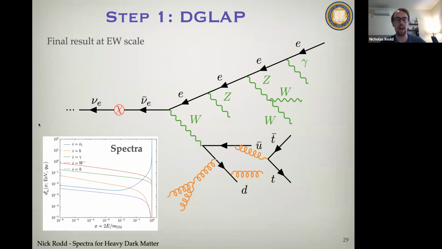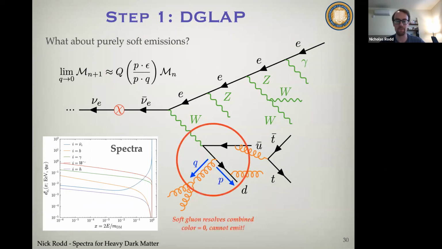What I want to tell you about now is one other feature that we realized is important, but we do not have a full accounting for. And this is this issue of soft coherence that gave you the yellow caution I showed you right at the outset. In order to understand this at a cartoon level, let me draw your attention to this particular gluon here that's been emitted by this down quark. The effect of soft coherence is going to be relevant in the limit where this gluon has very low energy fraction, so it's a very soft gluon.